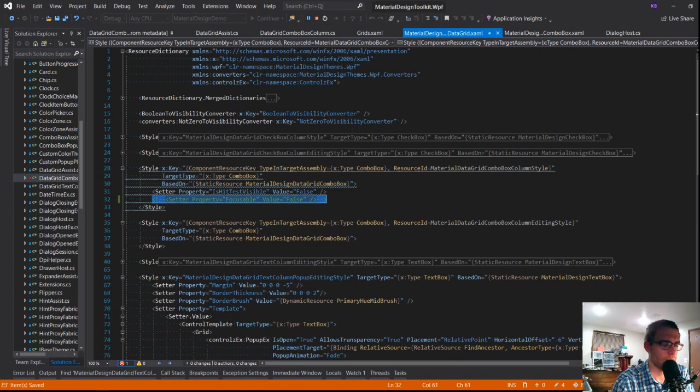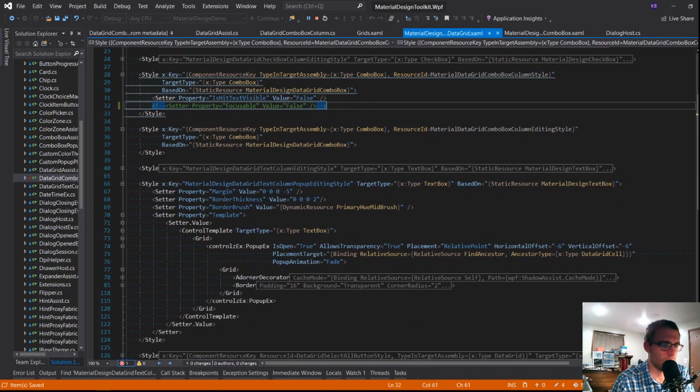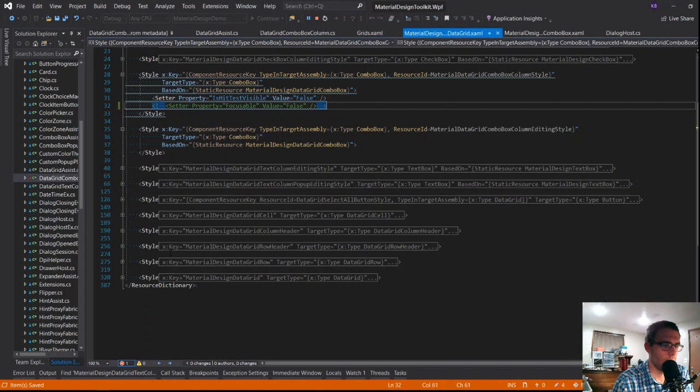I don't think that's right, because this is how we're starting before we get into there. That is the one we care about. Datagrid.